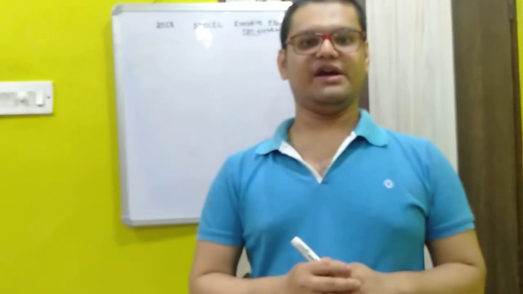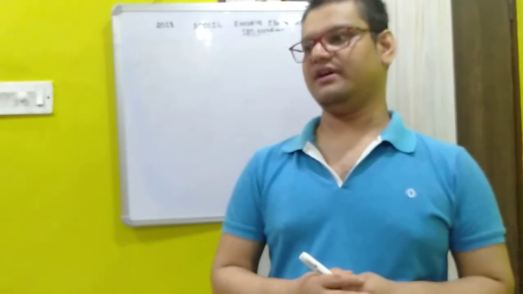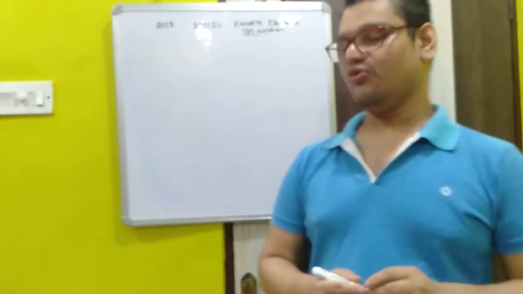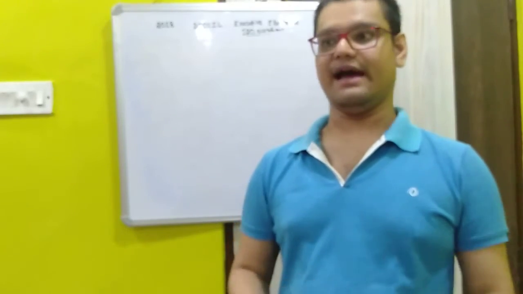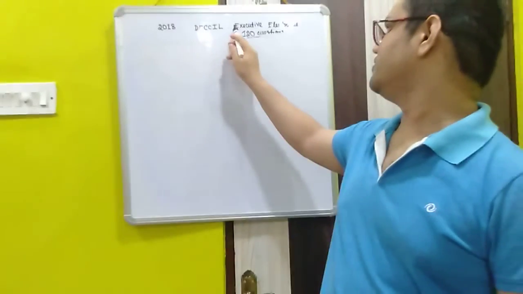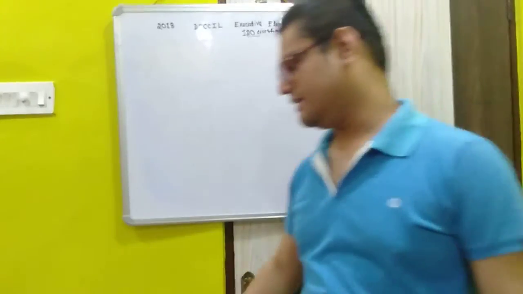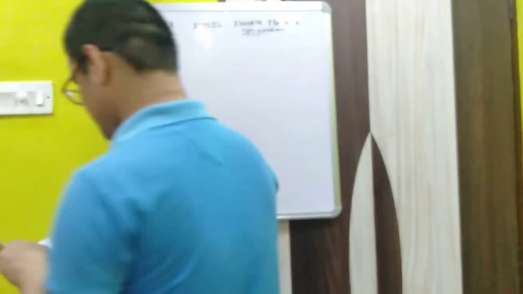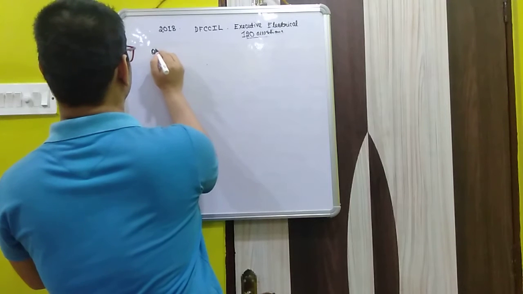So today we are going to proceed with the previous section which we have left unfinished. We are going to start with our next numericals which came in the circuit analysis for the Dedicated Freight Corridor Corporation of India Executive Electrical post under circuit analysis. So we go for our next numericals, and it is given like this.